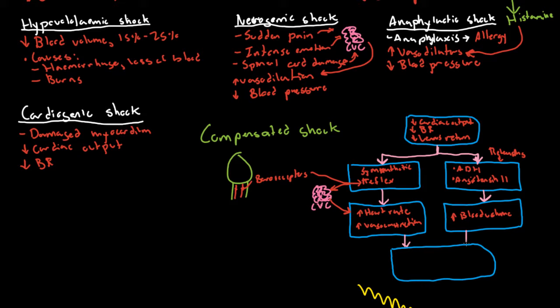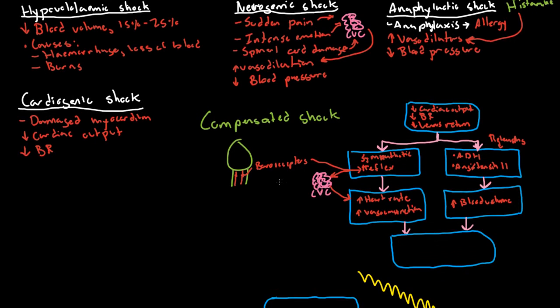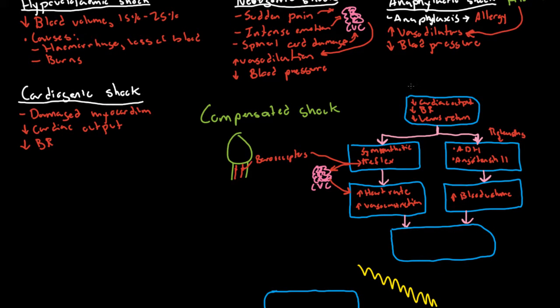So finally, we get an increase in cardiac output, and that's because now we have a higher heart rate, right? Cardiac output equals heart rate times stroke volume, but also because we have more blood getting back to the heart. So an increased cardiac output. We have an increased blood pressure now because we've vasoconstricted our vessels and because we have more blood volume and because of a faster or better cardiac output. So an increased blood pressure,